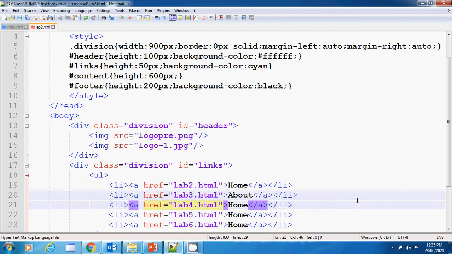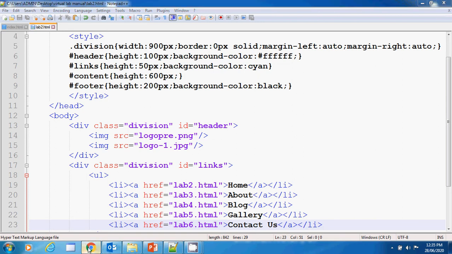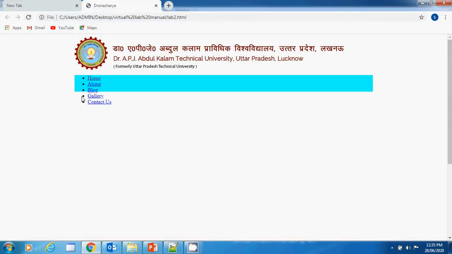After that we can have our blog sections, we can have our gallery section, we can have our contact us section, right? So if I save it, now what will happen, it is coming like this. So again what I need to do, I need to set styles over here, right?